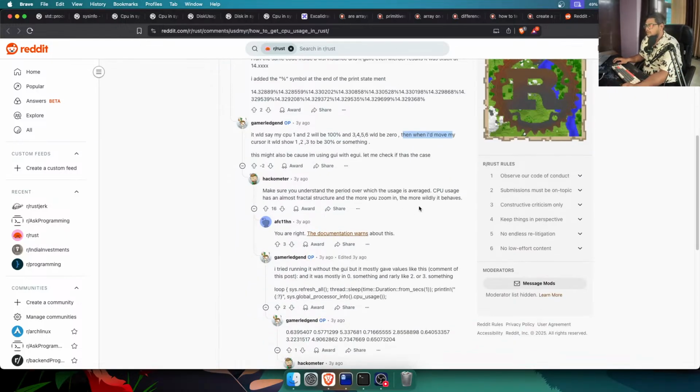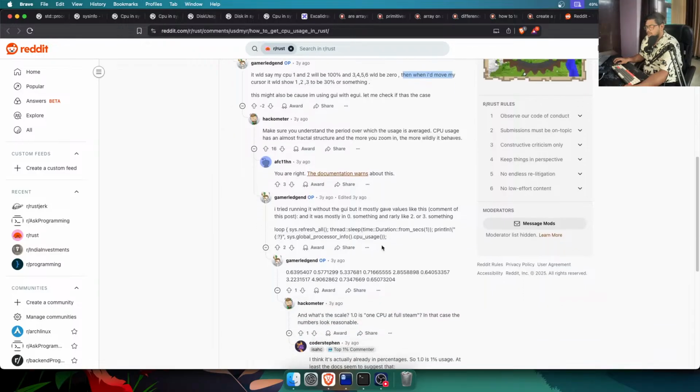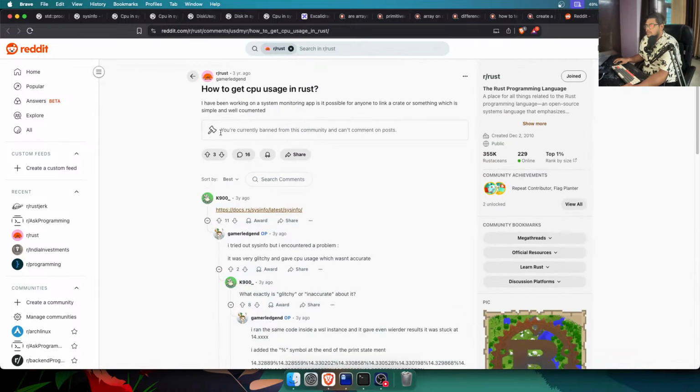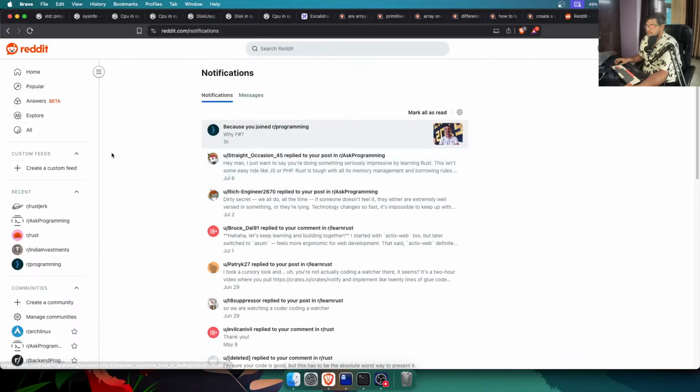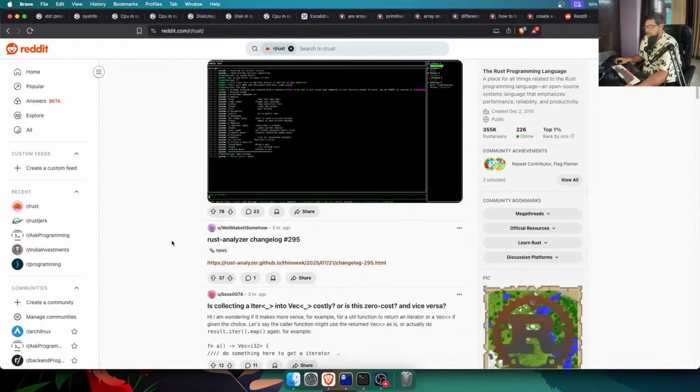Make sure to understand the period over which the usage is averaged. Second one is CPU usage. Can we reply over here? No, because I am banned, because I posted my YouTube channel in it. But I could give the answer to this: yes, you can use the sysinfo crate to get the CPU usage. Anyways,